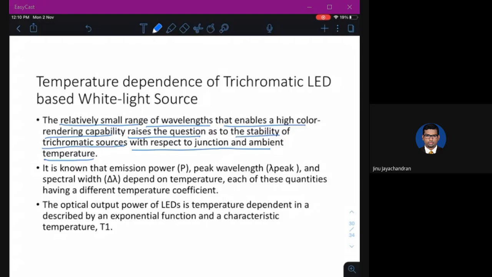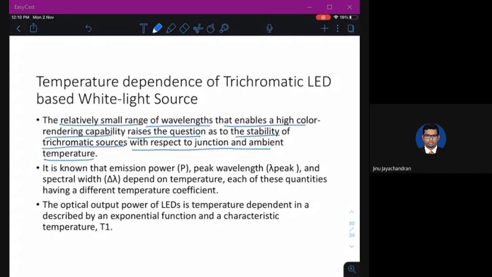It will be unstable. It will generate a color of a different lambda, which finally means you will have a different color. So it is important to know whether, by changing the ambient temperature, which is the temperature around the LED, or the junction temperature, which is the temperature at the junction, it is stable.